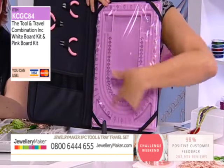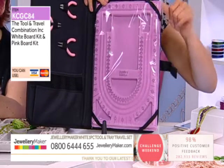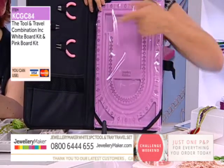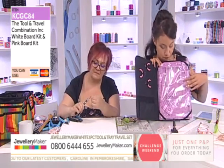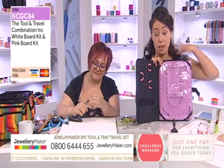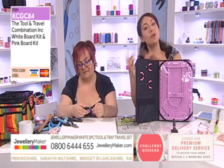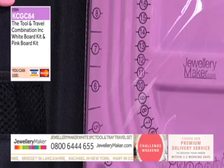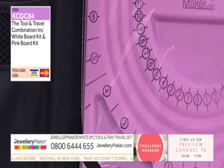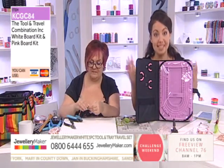You can lay out your designs in the divots you've got here, even on your multi-layered one. You can have your gemstones in these boxes so they're not rolling around everywhere. If you're doing chainmail, you can have your open jump rings and your closed jump rings in here so you're ready and raring to go and not faffing around or getting confused. You've got your measuring devices on here as well, and I know a lot of people who make to sell their jewellery have individual bead boxes for individual customers, with their name and sizes written on, so when you're making a bespoke piece for that person, you've got all their measurements there ready and raring to go. This is a really wonderful, concise pack,